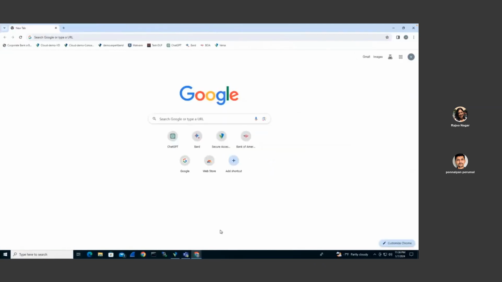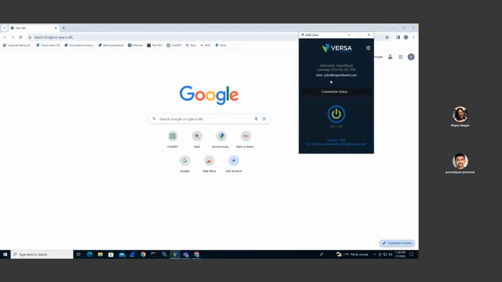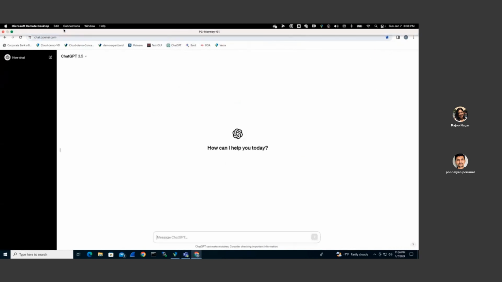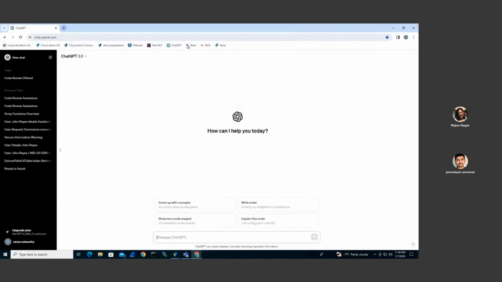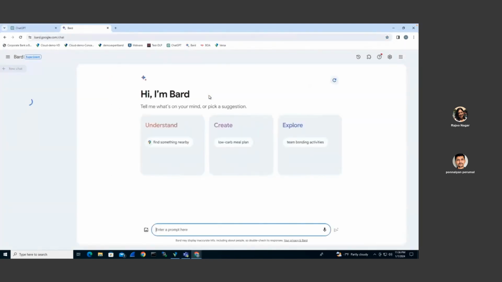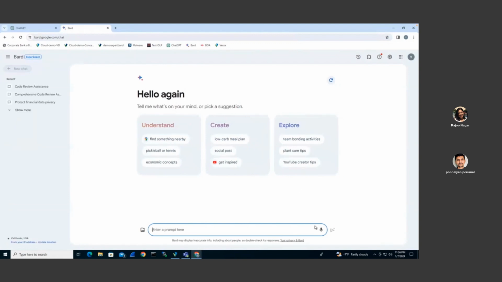So I have another PC where jobs is connected, also to a San Jose gateway. The user jobs should be able to go to ChatGPT, and also he should be able to go to Bard. These are all the generic Gen AI tools being prevalently used. There may be many other tools and portals. So here,